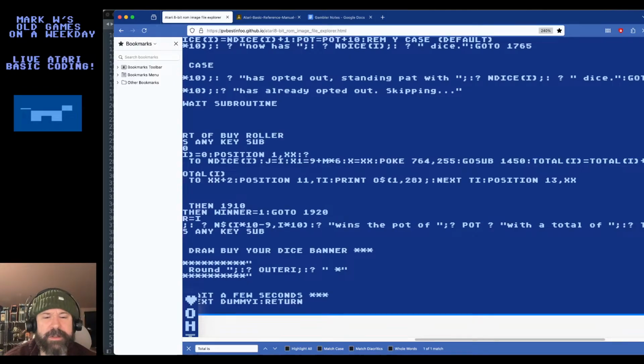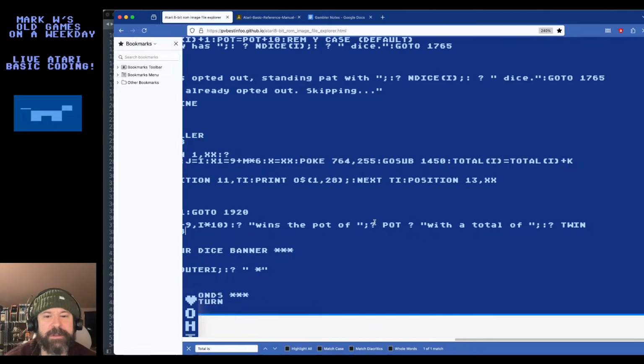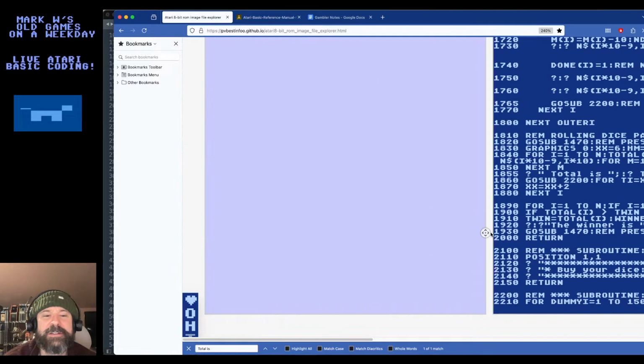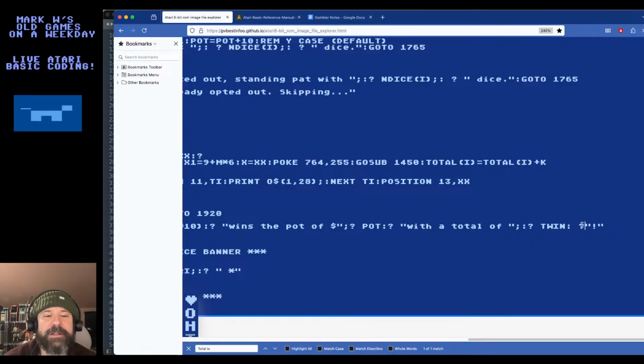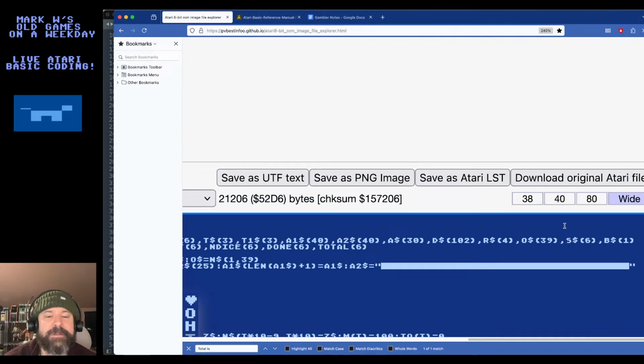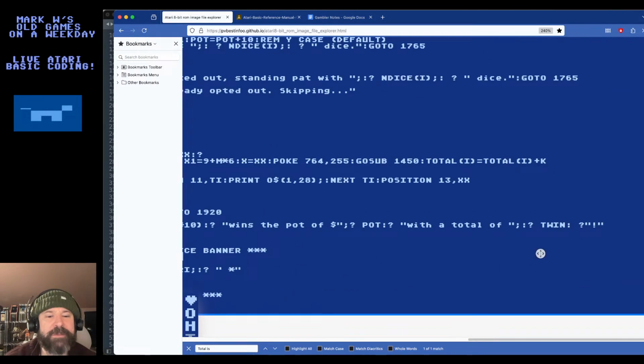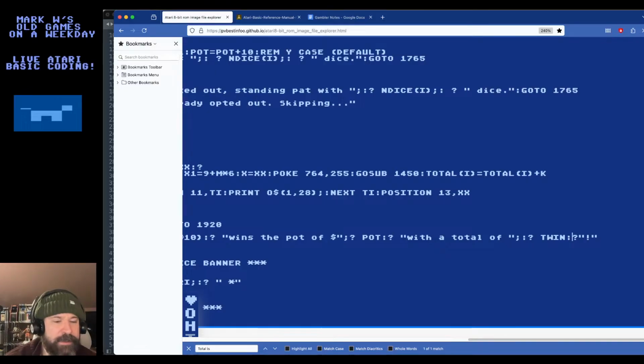Do you want to try to cram this out on the same line? I think we could. Colon is needed here. Wins the pot of such and such. We want a dollar sign with a total of blah, blah, blah. Let's give it an exclamation point for emphasis. I keep hitting the home key randomly and screwing up everything.